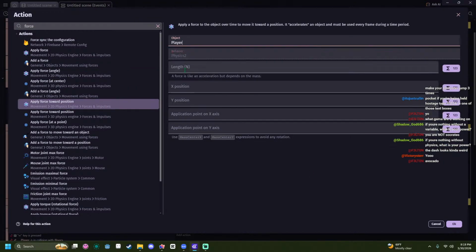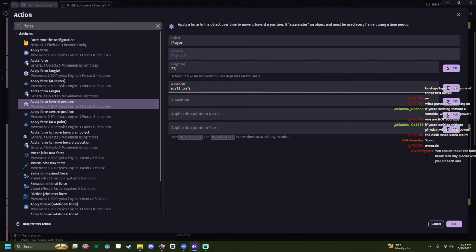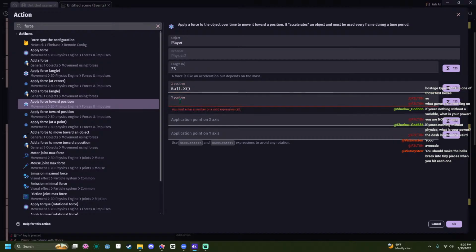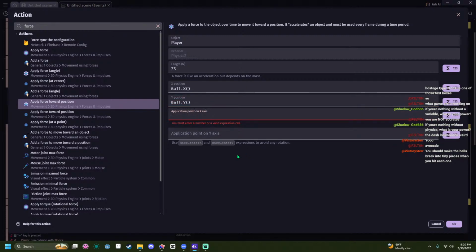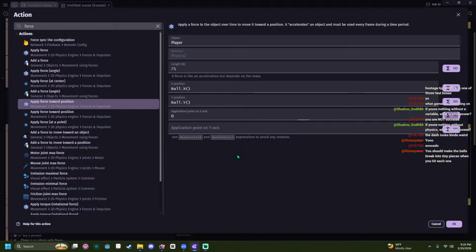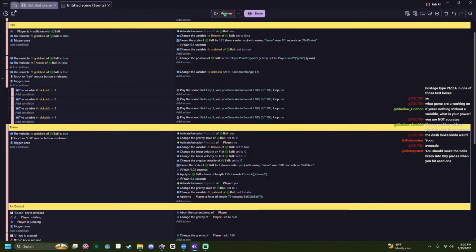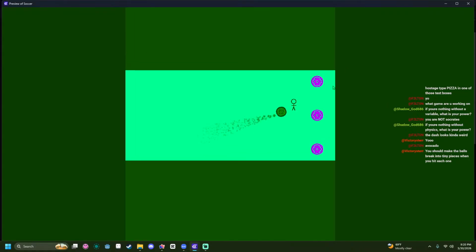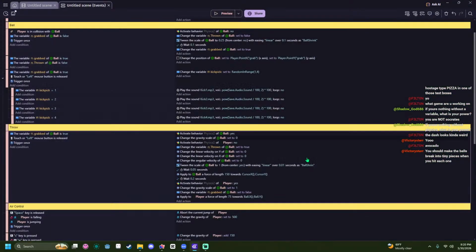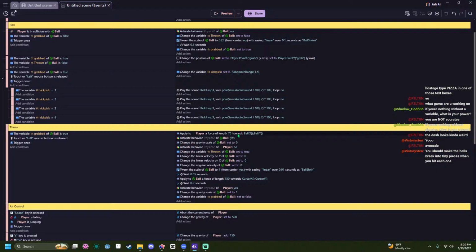Apply force to position. Player 100, or do like 75 towards ball X. Yeah, that's the plan. I'm not adding many mini effects right now. I added the trail just to show when the ball reaches the appropriate speed to break them, but that's it. Application point 0, 0. But right now I'm just trying to get the physics and the controls down and the moves. What the hell? Oh, I see. Okay, put this up here, first of all. Do like a -2. I forgot how light he is.